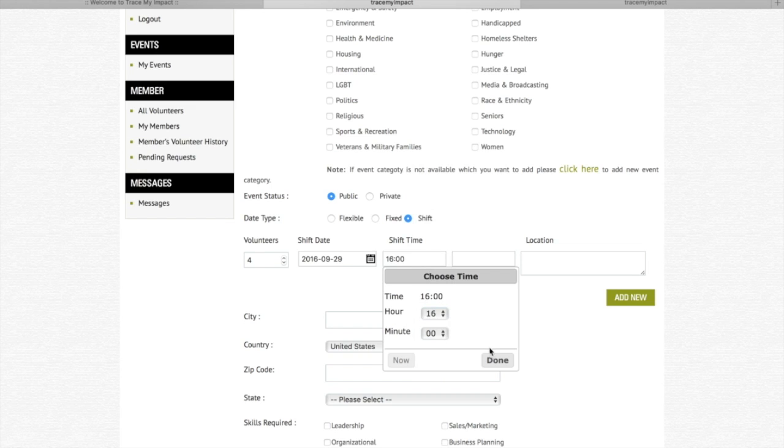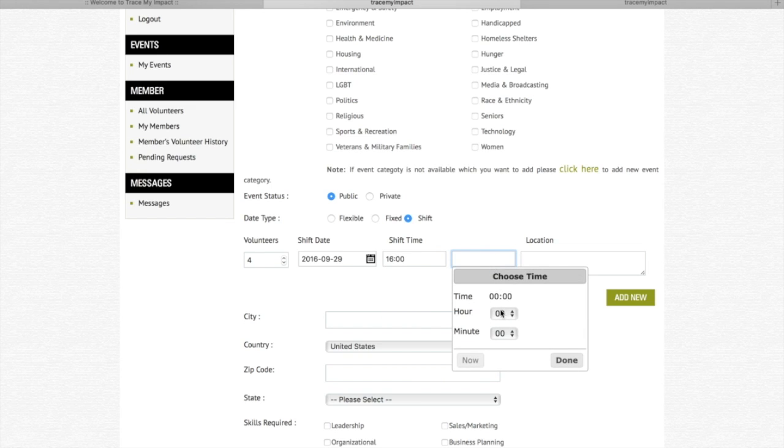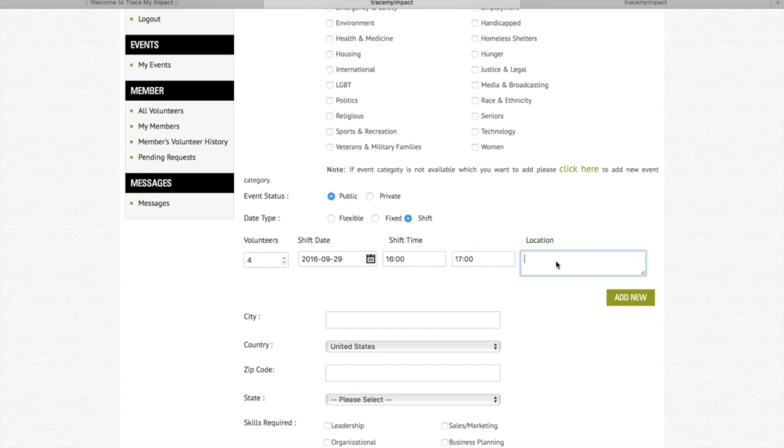So I'm going to say it's going to be from 4 p.m. to, let's say, 5 p.m., a 1-hour shift. Makes sense, right? Nope, that wouldn't make sense. It has to be one more, right? So that's 4 p.m., that's 5 p.m. It's basically military time. Now, I'm going to go ahead and put in the location, Mill Creek, let's say gym, okay? Now, you can just leave it right here, but most clubs are going to have multiple shifts,